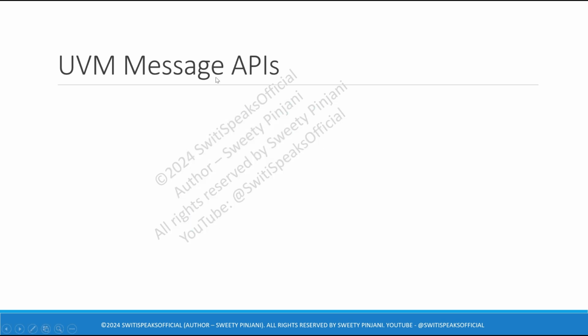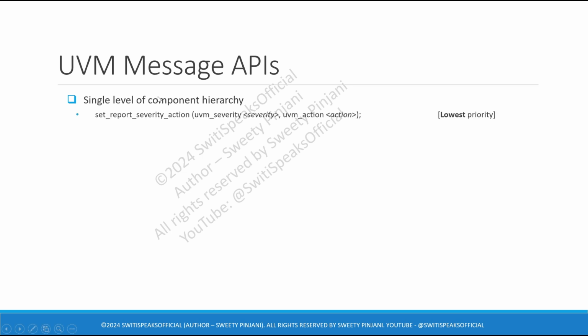Now, let's understand what the different APIs are which UVM provides for UVM messaging or UVM reporting. If you want to set these messages for a single level of component hierarchy, only in that component hierarchy, not the hierarchies below that component, this is valid only for the particular component hierarchy.